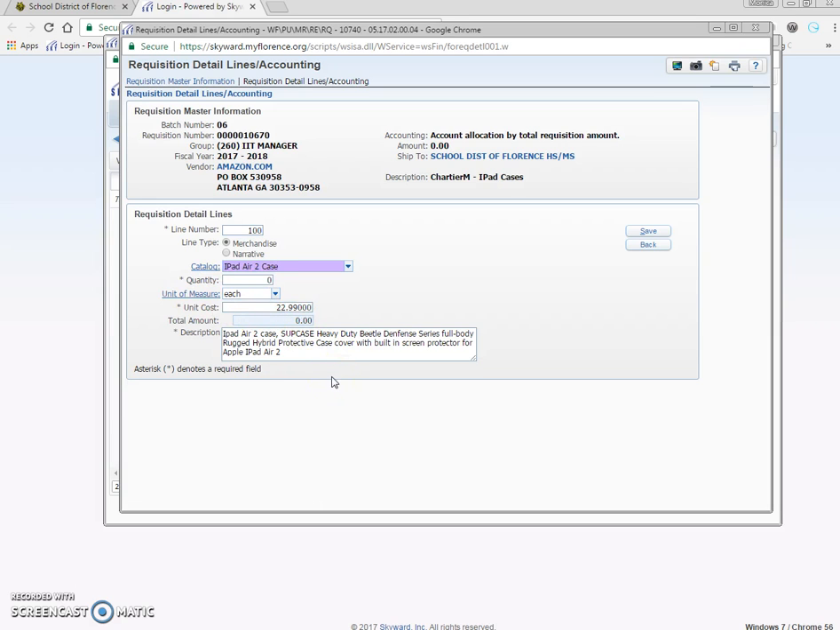If this is something that you haven't used in the past, maybe mine's an iPad Air 3 case now, and I want to do the quantity of 100 is what I'm going to order, and the cost is $22. Notice that it will then go ahead and populate the total amount, but if this price is different, you can say $23